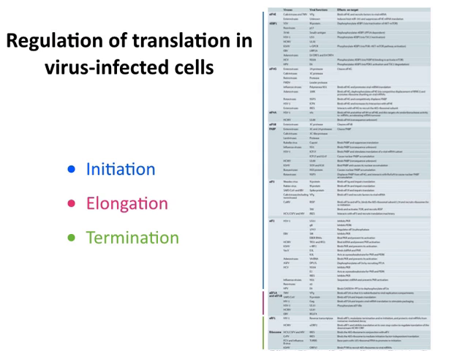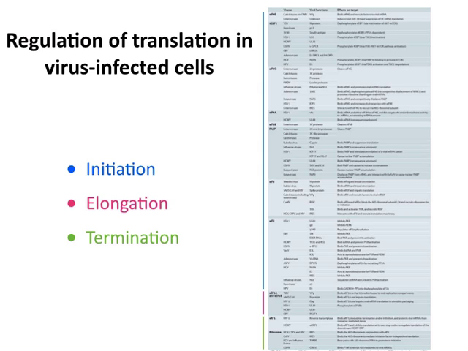Now let's end up with a little discussion about how viruses regulate translation and how cells respond in turn, because this is an arms race. One does something and the other does something in return, then the other responds. And this is a chart which you're not meant to see. It's a table which shows the different ways translation can be regulated in virus-infected cells. And all of these are initiation and elongation and termination proteins that are targets of regulation.